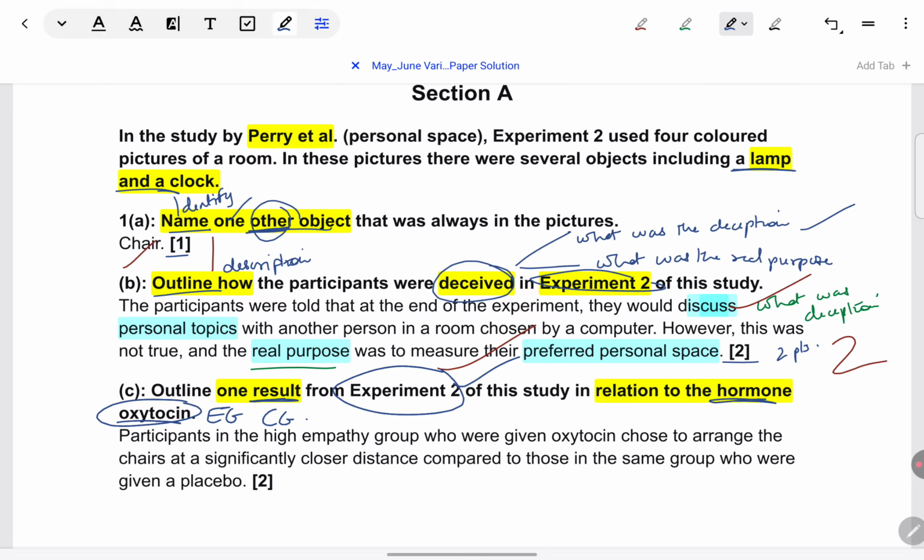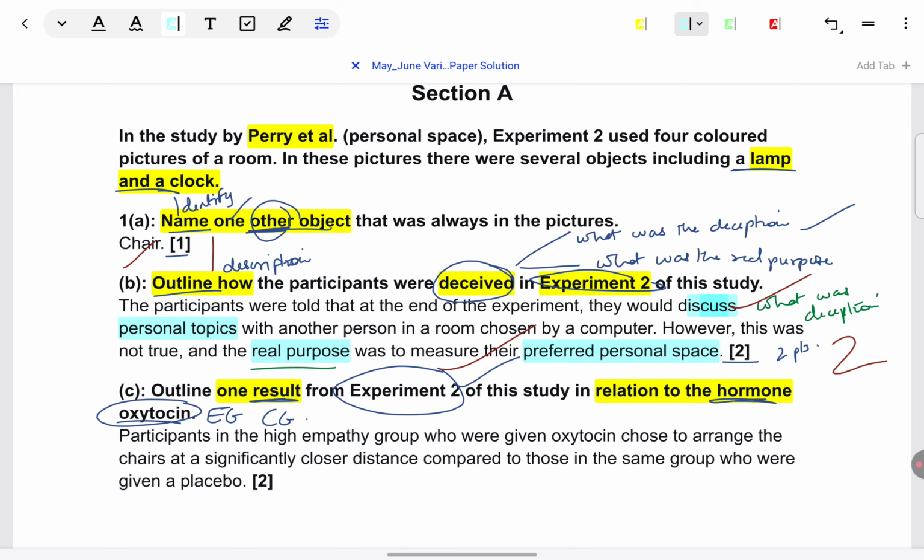One more general misconception among psychology students is that grace marks will be awarded. They think, at least I've written something. I've written about experiment 1, so I'll get some marks, even if that is not what was exactly asked about. There's no such concept. There's a fixed mark scheme. According to the mark scheme, marks are awarded. There's nothing about experiment 1 for this type of question on the mark scheme.